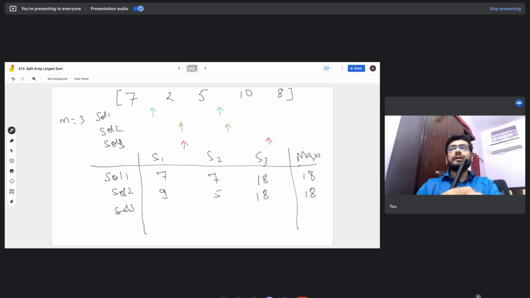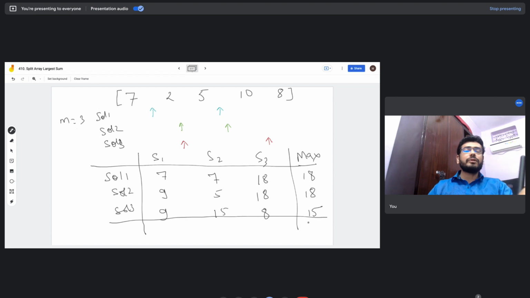Now for the third solution, we have 7 plus 2 in the first subarray, then 5 plus 10 in the second subarray, which is 15, and 8 in the third subarray. So the maximum out of these three is 15. And what was our overall solution of the problem?